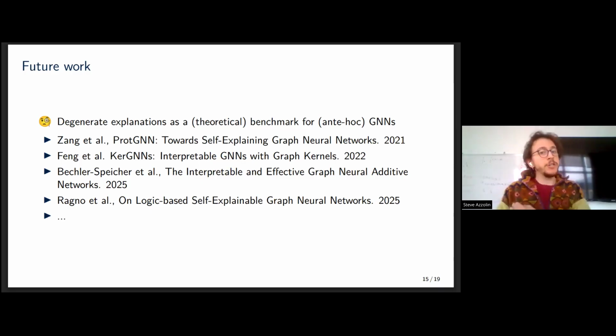And we believe that degenerate explanations can be a nice theoretical and empirical benchmark for testing how explainable these models are. In case they turn out to be affected by this degenerate problem too, a nice question then becomes that of proposing new models that are provably robust to this degenerate explanation issue.